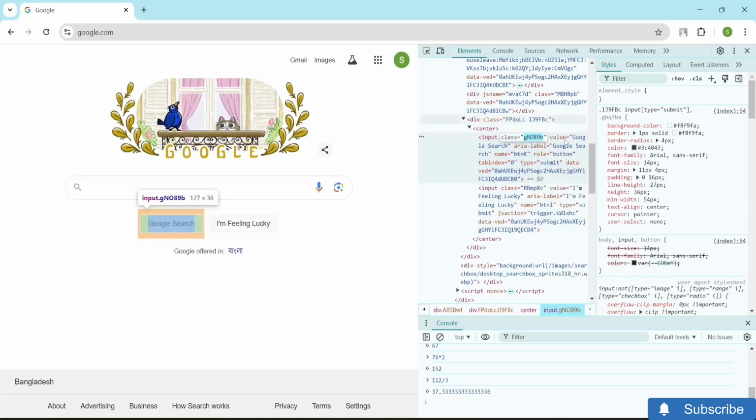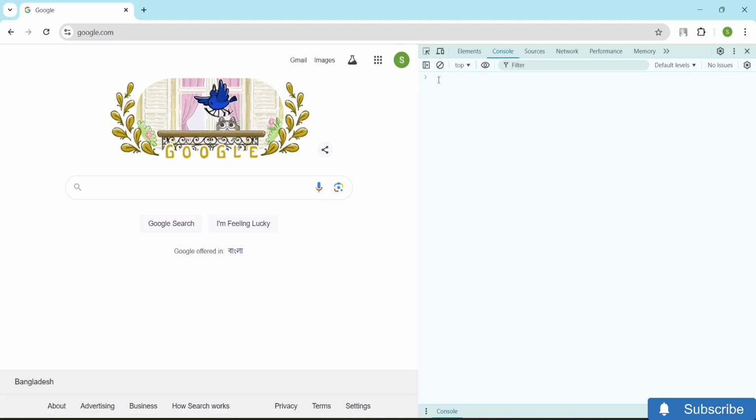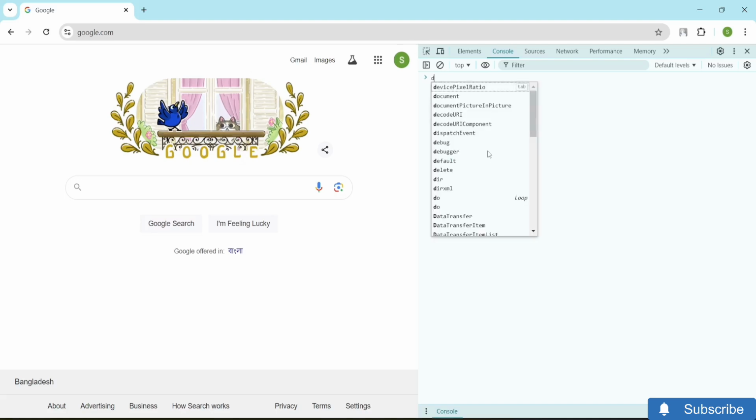Okay, so I will just come here, and I will just copy this particular class code. And now let me just go to my console. From here, let me just clear my console first. And over here, now I'm going to type. So now if I want to get that same code right over here, what I need to do is I need to type